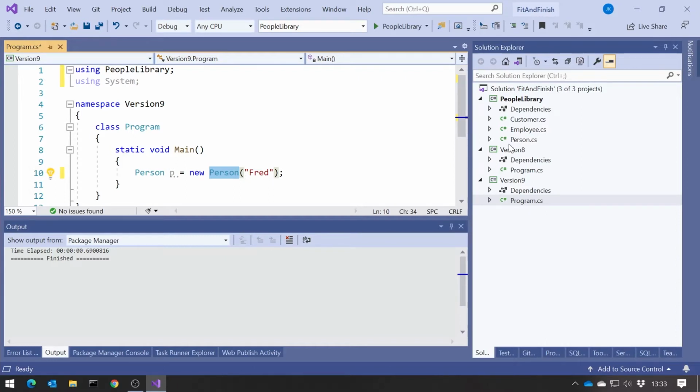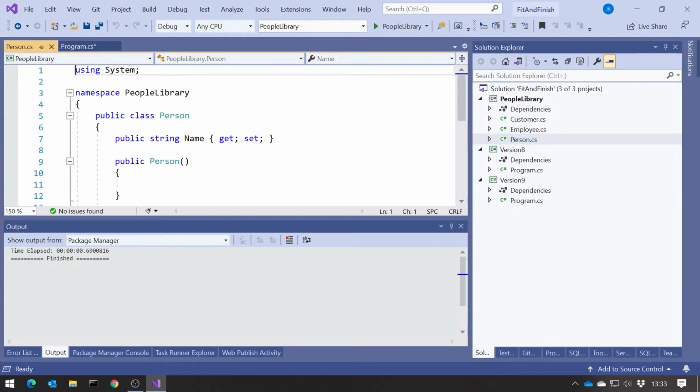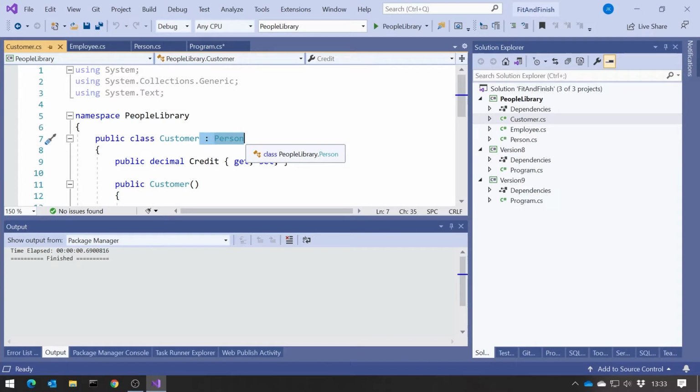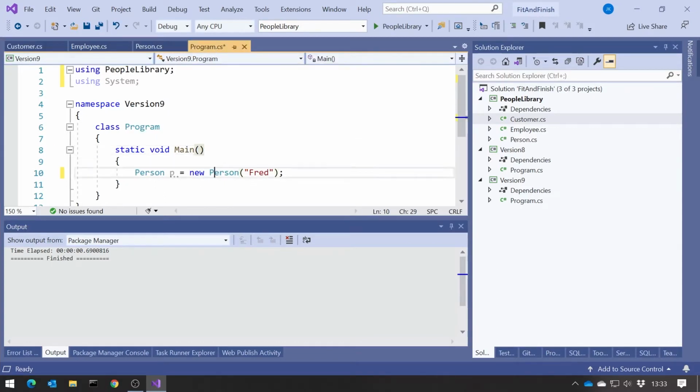You'll notice here, actually, there's my Person base class, and I've also derived from that an Employee, which is a kind of person, and a Customer, which is a kind of person, just giving them some various other properties in there. And of course, one situation where you might want to distinguish that is we can say Person P equals new Employee, and then as well as passing a name, pass in the department. And in that case, you would want the two of them to be different. But actually, that's quite a rare thing to do.